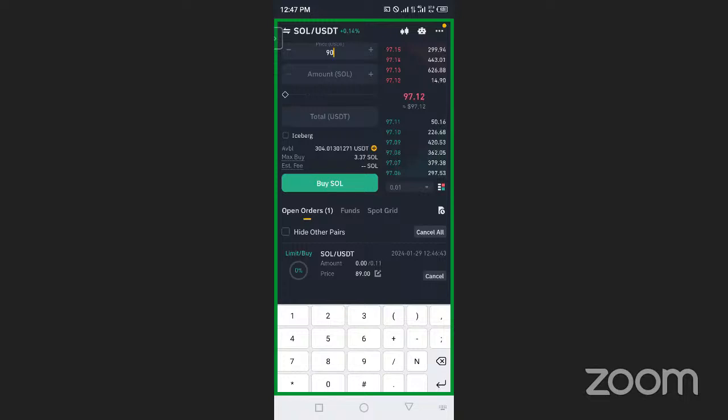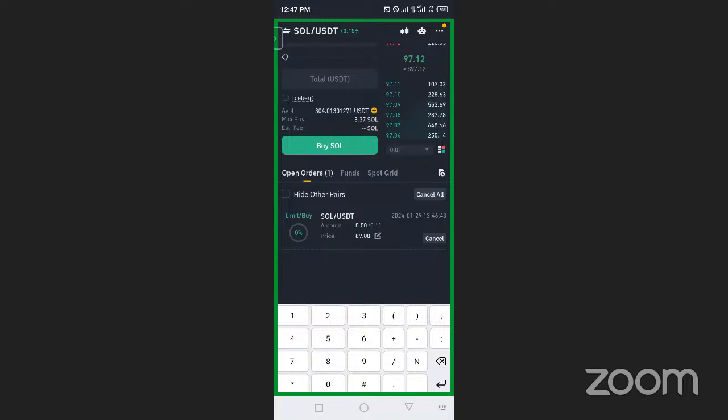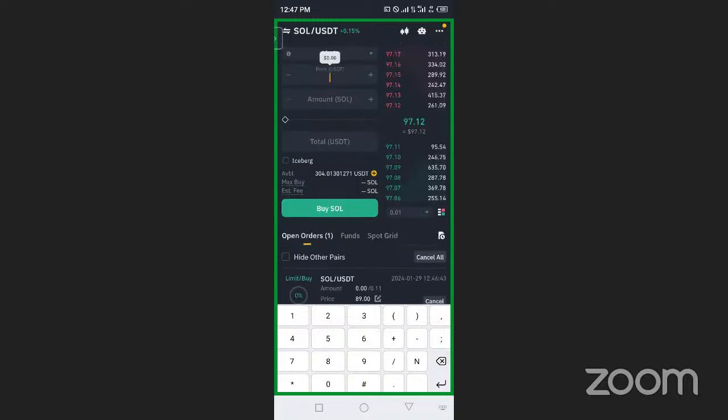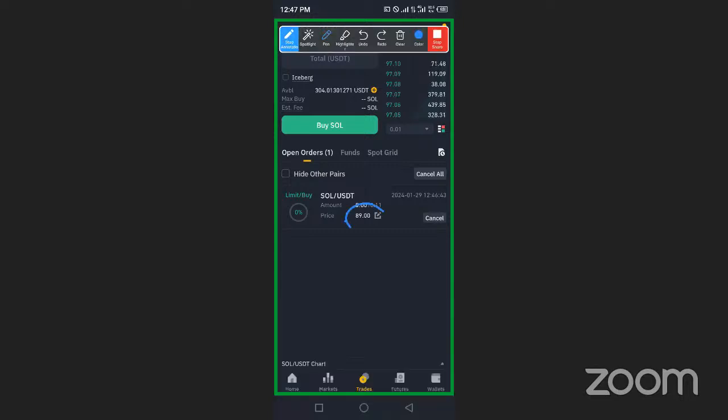Oh, this one, it's put in my order. It is a pending order. Yes, it is a pending order. It is there. I thought that it had not considered it. Now my pending order is here. I have put the amount and then the price I want to buy at. The price I want to buy at is when the Solana drops to 89. So there is an order. When $89 is reached, it will buy automatically. And now the $10 is going to stay in Solana